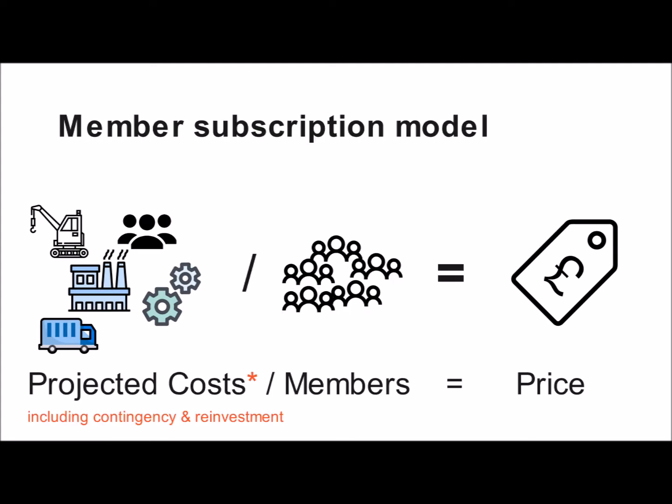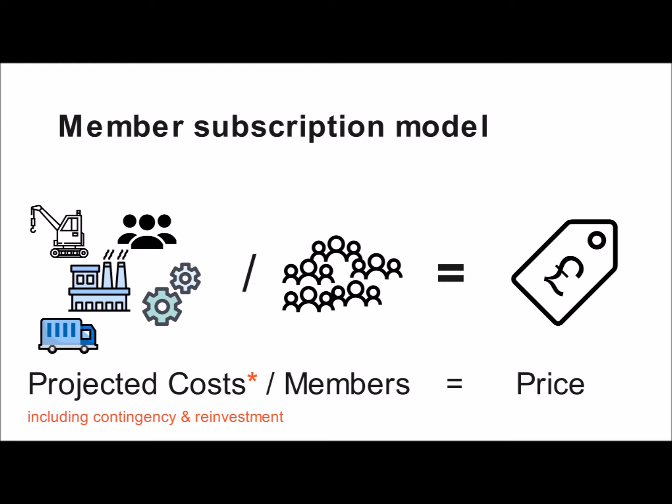One variation of this cost plus approach is used by some cooperatives who work on the basis of a member subscription model, especially consortium cooperatives where members pay for access to some resources or facilities. You have to do a projection of what it's going to cost to run the organisation and provide the services over the course of a year, divide it up amongst the number of members you've got, and there's your price. But you need to remember to factor in contingency or any projected profit margin you need to make for reinvestment